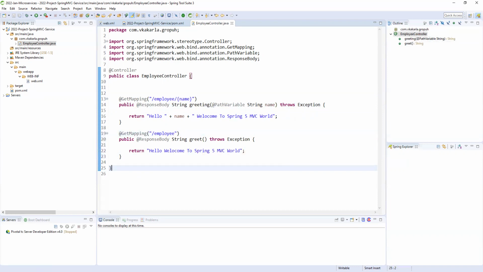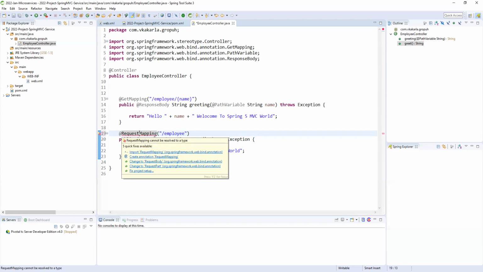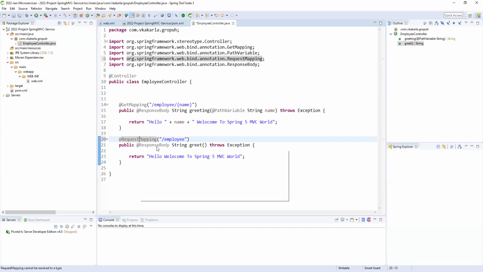So here, if you see, we can write a request mapping also, or we can use the request mapping I'm using here. Import request mapping, and whenever we are using a request mapping, the value will be our employee, and the method.